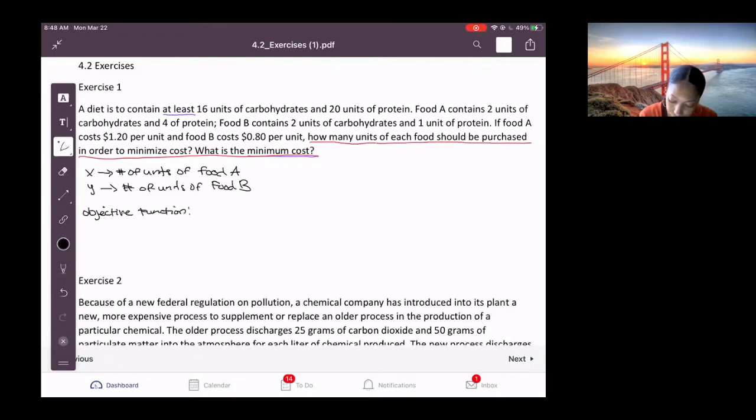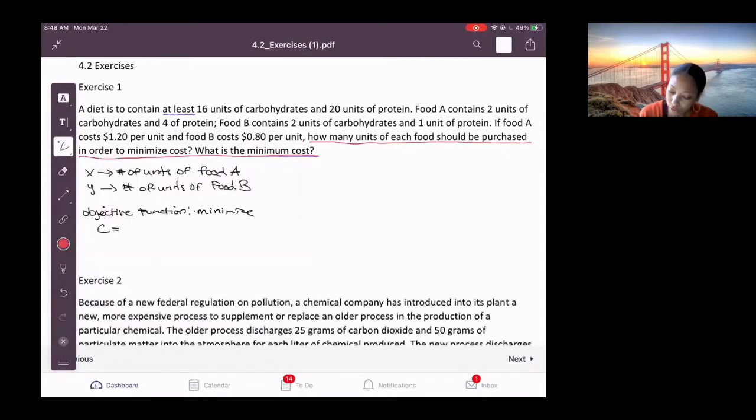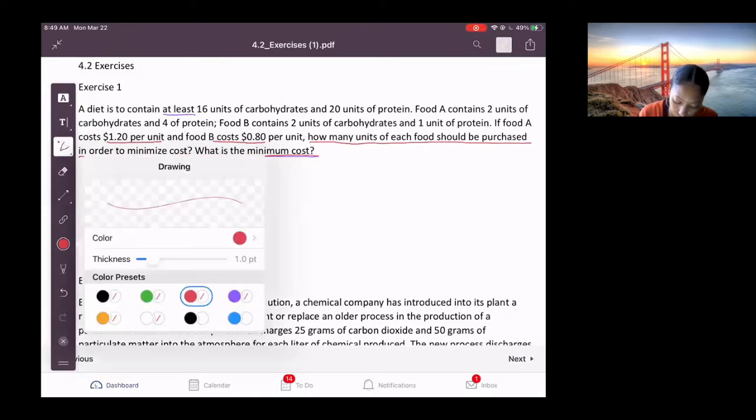All right, so our objective function here, we want to minimize C, the cost. And what do we know about the cost? We are told that food A is $1.20 per unit and food B is 80 cents per unit. So if X is the units of food A and Y is the units of food B, putting all of this together, we get that the cost function is